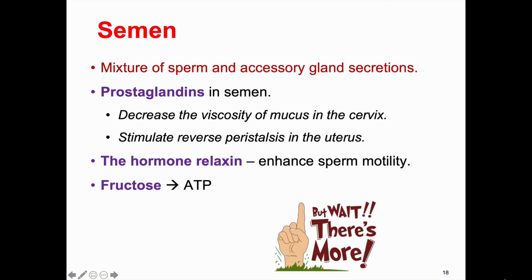Okay, semen. Semen is a mixture of sperm cells and the glandular secretions. Okay, the prostaglandins present in the semen decrease the viscosity of mucus in the cervix in the female, and then stimulate reverse peristalsis in the uterus. The hormone relaxin enhances sperm motility, and the fructose will produce ATP for the sperm cells. Okay,